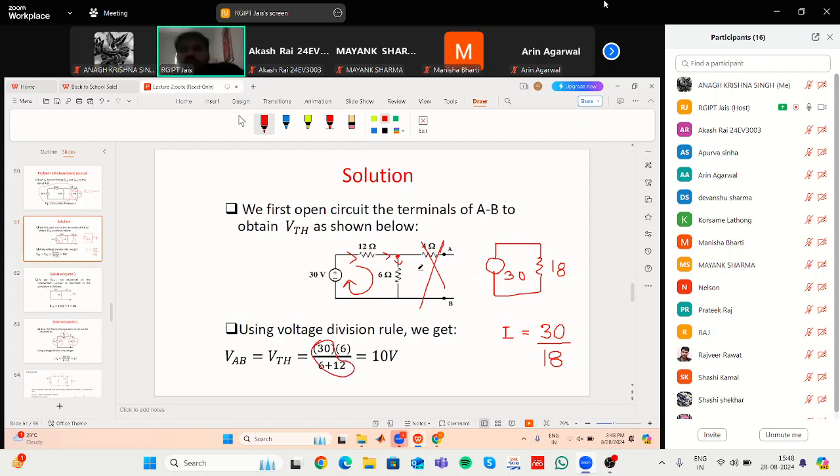So this much amount of current will flow through this 12 ohm resistance. The same amount of current will flow through the 6 ohm resistance, because there is no branching of this current here, because you have removed the RL and replaced that with the open circuit. So the whole current that was flowing through here, this 30 by 18 amount of current will be flowing